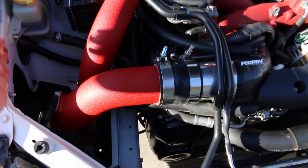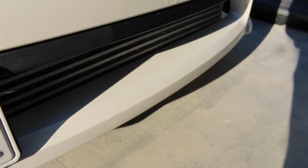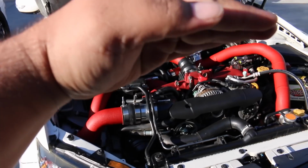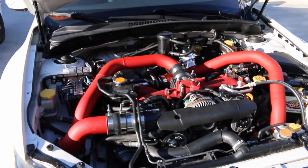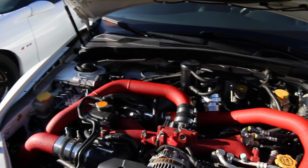It just tucks up in the bumper really nice. Pipes are all powder coated wrinkle red now. Yes, I did the pipes that you can't see as well. They go all the way down to the front mount intercooler. What else did we do? We also cut the bumper some more just to get it to fit a lot nicer, because when I got it back from FCS, the bumper was all stupid. It looked like shit. So me and my dad went and fixed the bumper, got the pipes powder coated finally,